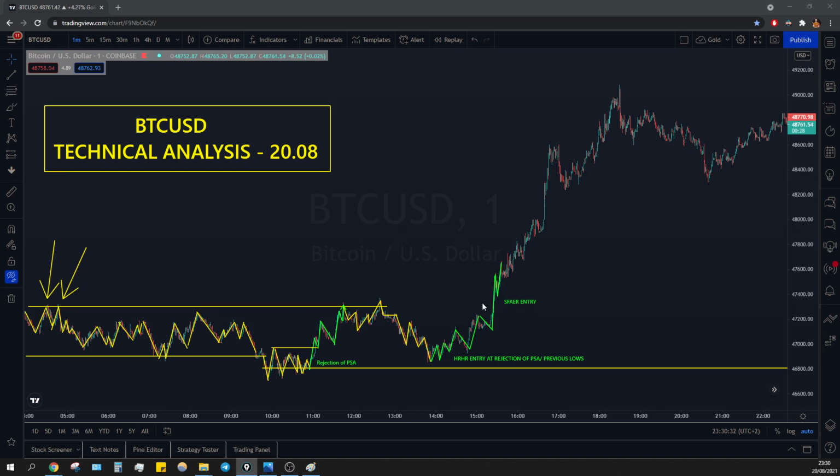Let me just put it here, retest, and then continuation up. And from here, which was the fire. There you go. Safer entry, which was, I remember here,